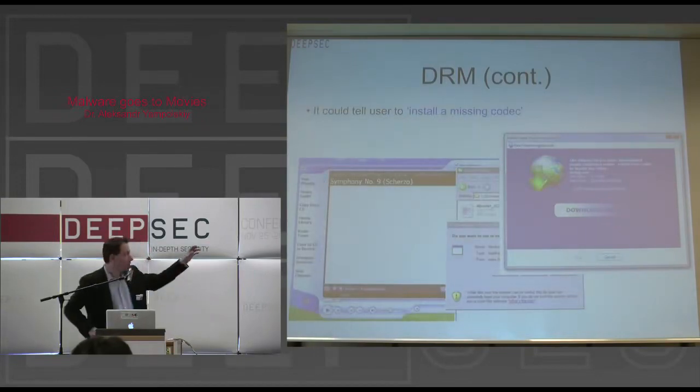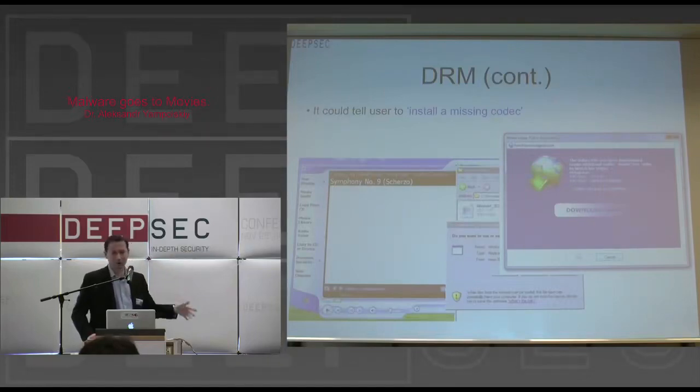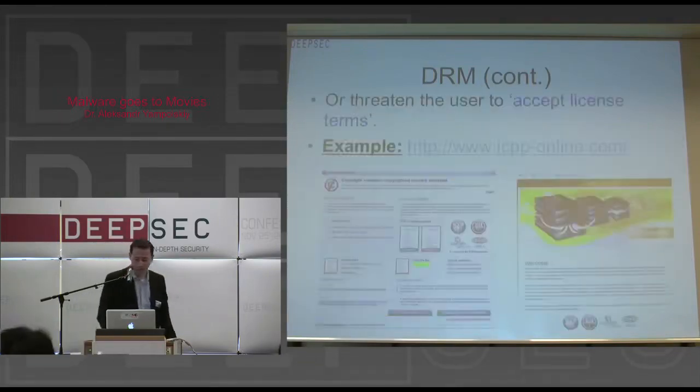So here's an example. You click on a music file containing Ludwig van Beethoven's Symphony No. 9. You play it, and all of a sudden, in the middle of the music, you get a pop-up that you're missing a particular codec. You just listened to a little bit of the symphony, so you want to listen to the rest. So you click on it, and it continues playing, but you just infected your computer.